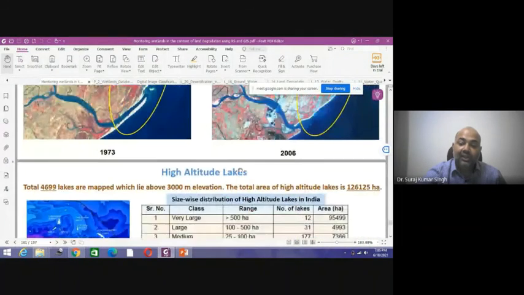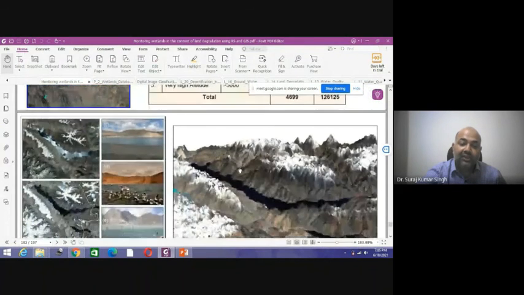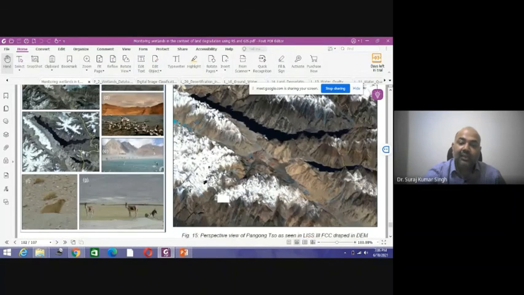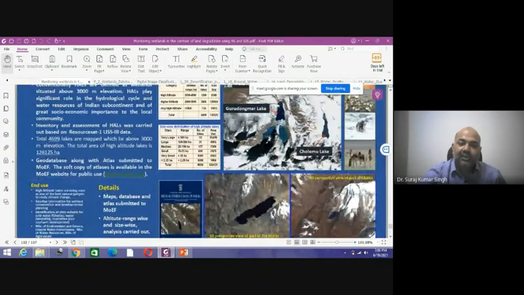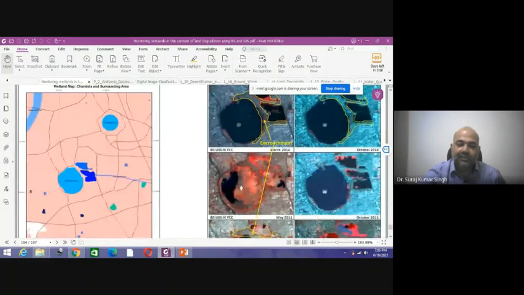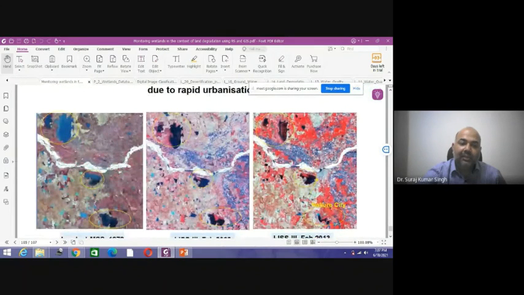And with this, I come to my today's presentation on application of remote sensing in different indices. You can see how the 3D is created. So all the functions are there in GIS. You can do various kinds of research, and we will be doing more research when we go into more detail about the encroachment, about the land use changes, how rapid urbanization is gradually a threat to the